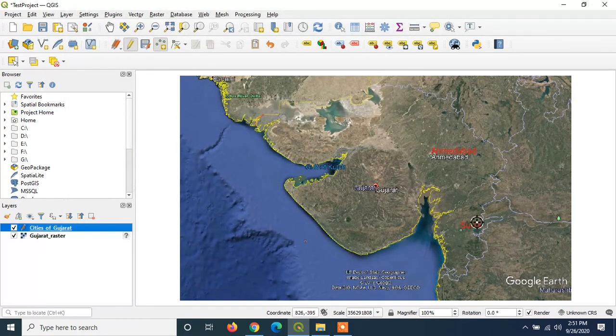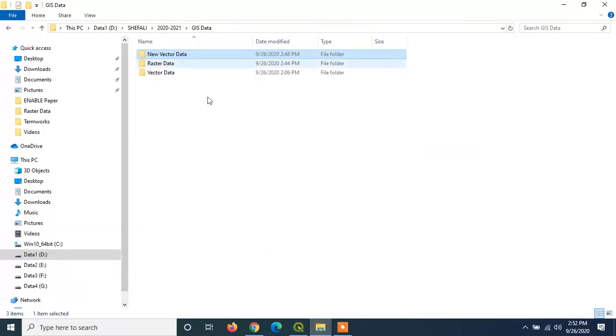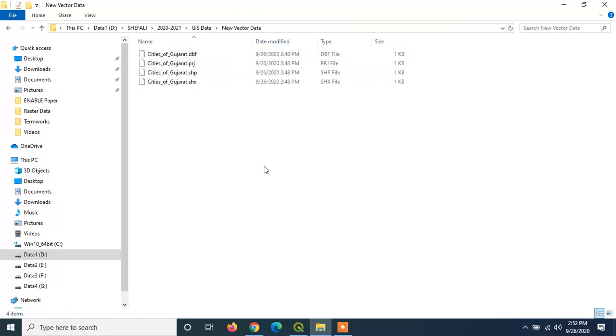So there are 2 points in this vector data point layer. Now if I deselect this Gujarat raster, then you can clearly see 2 points on the vector data point layer. Now if you want to check whether those supporting files are created or not, then you can open this folder, and from this folder you will find out that along with the shapefile .shp file, there are 3 more files which are created, that is .dbf, .prj and .shx.